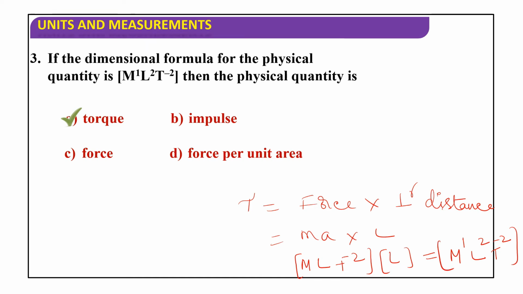So the torque dimensional formula is M¹ L² T power minus 2. So the first option is correct. Okay. Next,